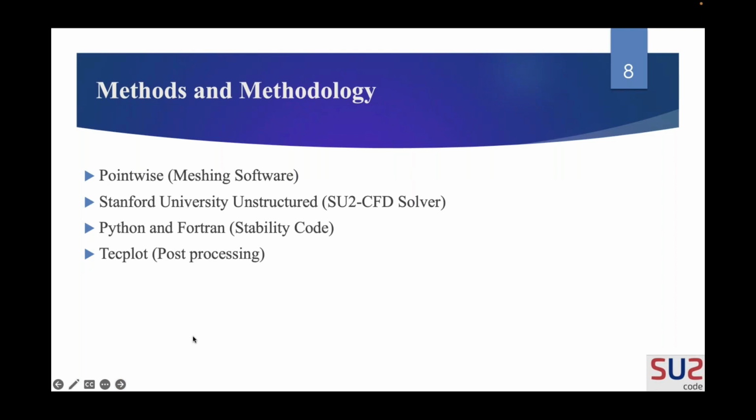The methods and methodology. Here I have used about four softwares: Pointwise, SU2, Python and Fortran, and TechPlot. Pointwise is nothing but a meshing software that uses Glyph as a scripting language. SU2, of course, we know it uses C++ and Python. I have used Python separately to find out the derivatives of the velocity profiles which are being extracted from the